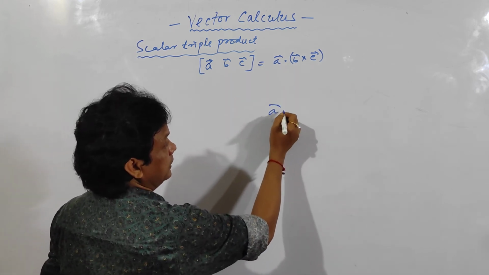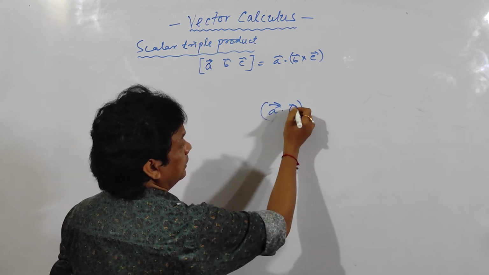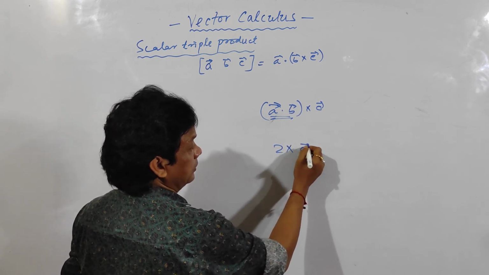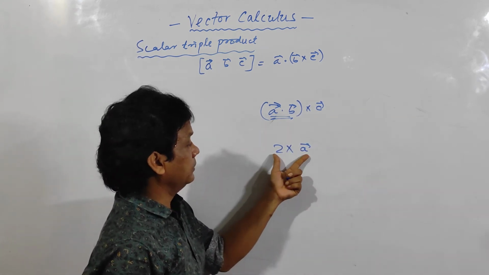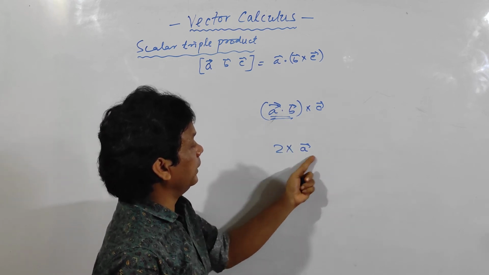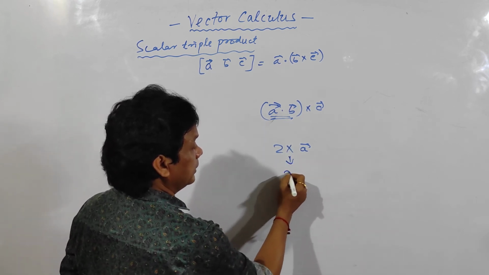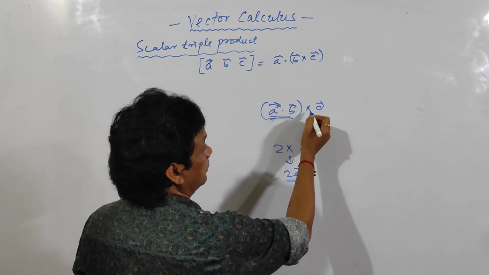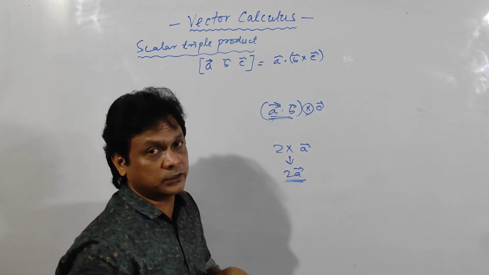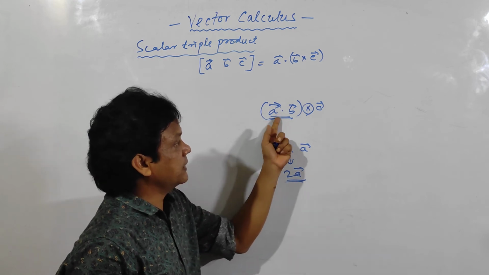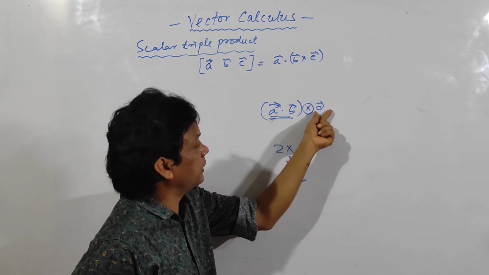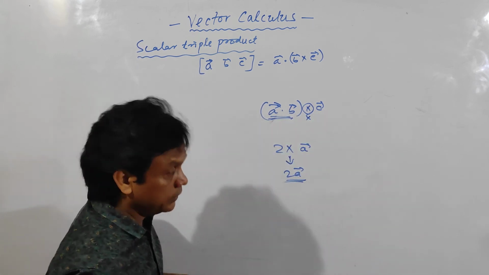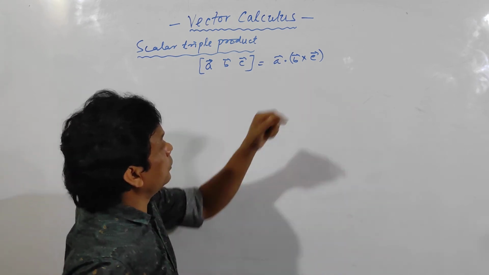If you put a bracket here, see what is the meaning of this one. A dot B cross C. This is scalar, and you cannot write like this: 2 cross A vector. This is an undefined term. It has no meaning. So it should be written like this: 2 into A vector, not 2 cross A vector, 2 into A vector. So this is a scalar quantity, and cross product and dot product should be put within 2 vectors, not between 2 scalars or a scalar and a vector. So here it is a scalar quantity and this is a vector quantity. So cross product cannot be put within these 2 quantities. So you should put a bracket to the cross product part.